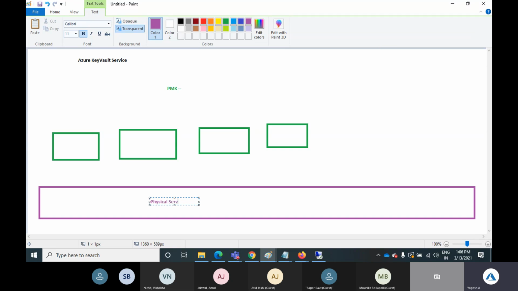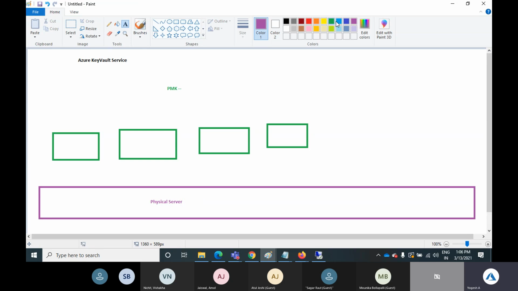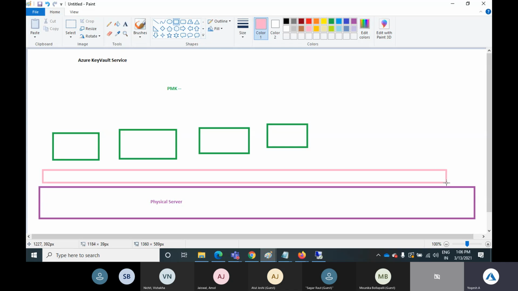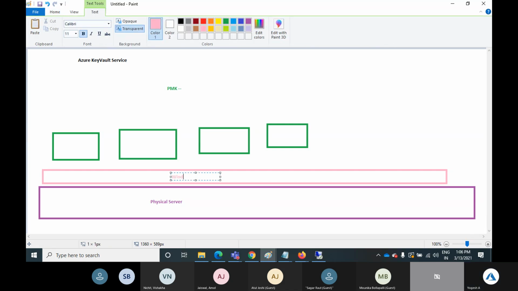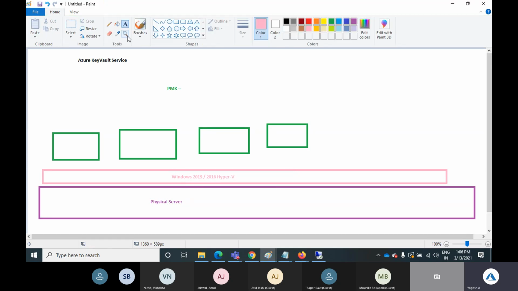This is the physical server. On top of a physical server, Microsoft is using the hypervisor. Hypervisor is nothing but Hyper-V. I'm talking especially about Hyper-V, on Windows 2019 or in some cases Microsoft is using 2016 Hyper-V. So when you deploy a virtual machine, your virtual machine is getting deployed on one of the physical